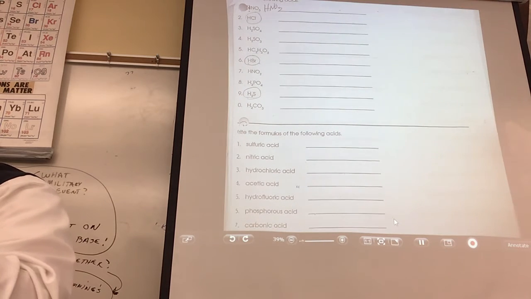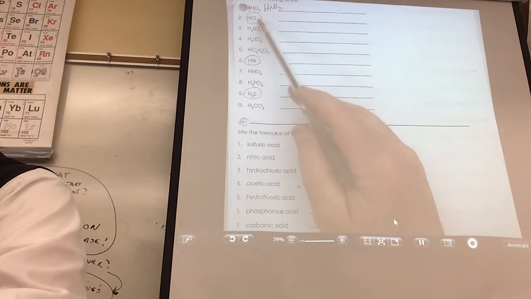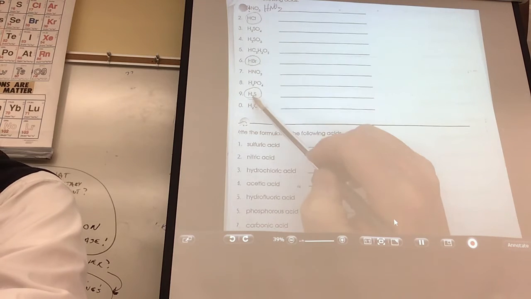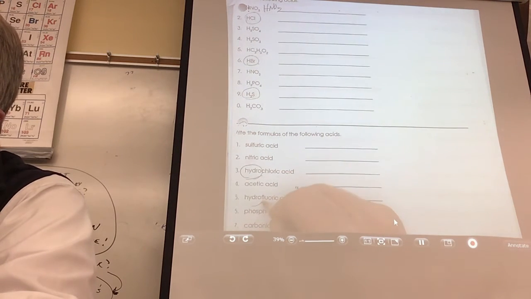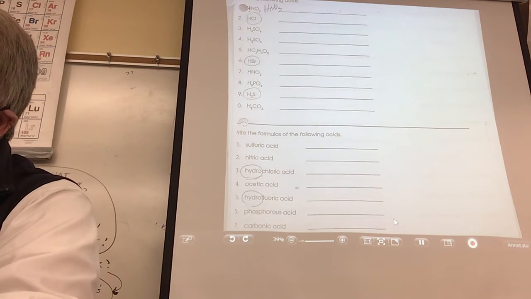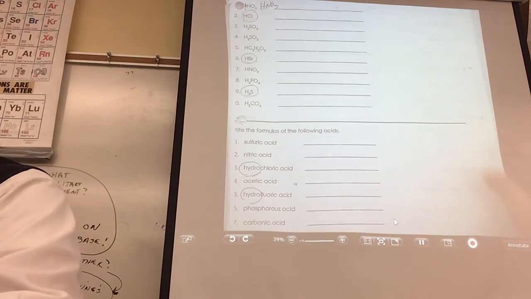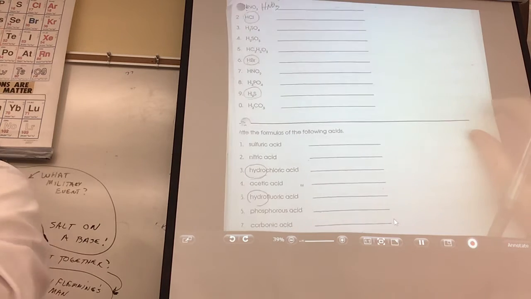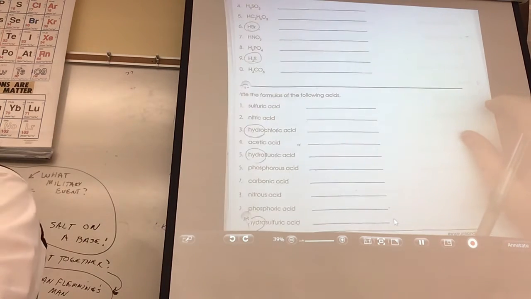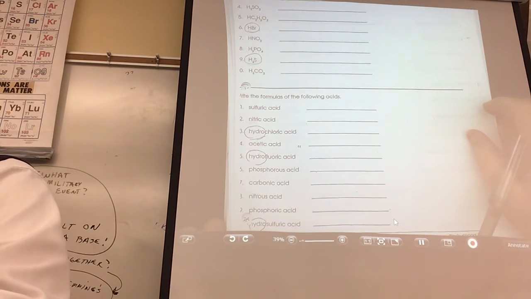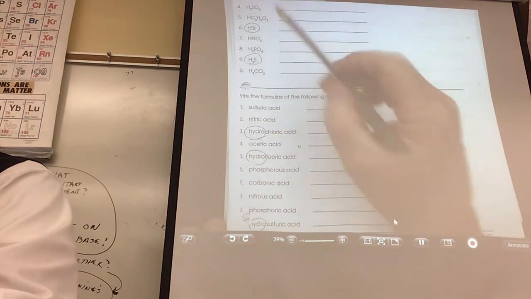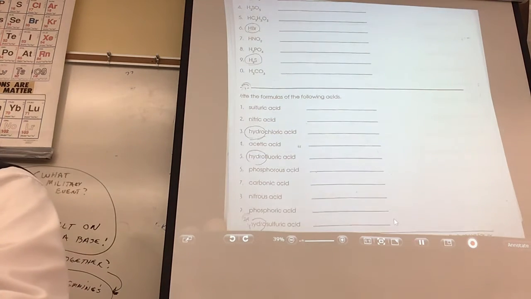Now, if your brain's working today, you'll see a pattern. You'll say, hey, I think I'll do all the ones that have no oxygen in them. I think I'll do those 3 first, because they're all the ones with no oxygen. The more I reinforce that, I'm going to get that down. Let's try it. Why don't you just try those 6 and see what happens?